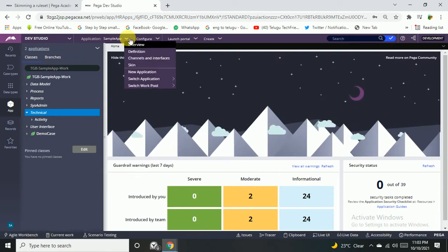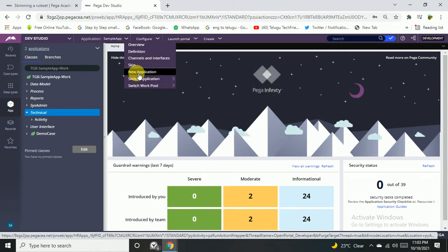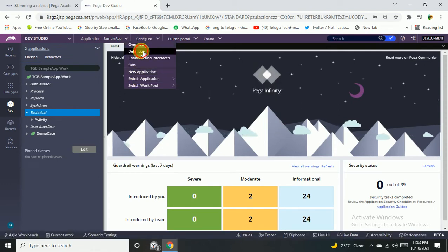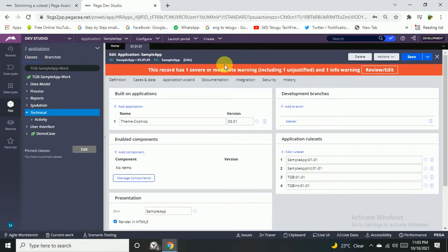If I click this expand button, a menu will come here, Definition. If you click Definition, you can see the rule set stack. For example, Sample app: you have a requirement to implement some extra rules, two or three properties, into this sample app.